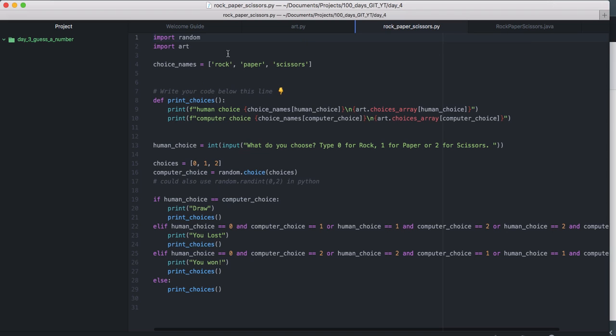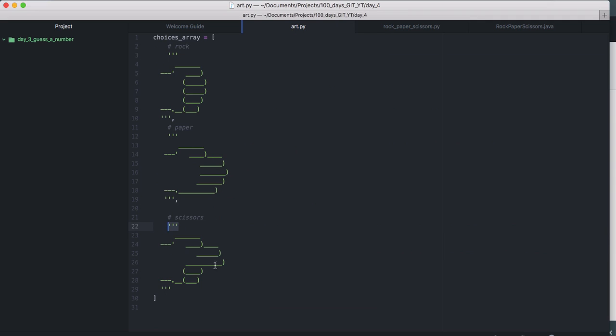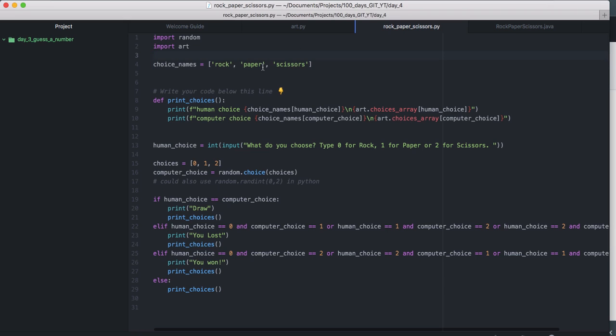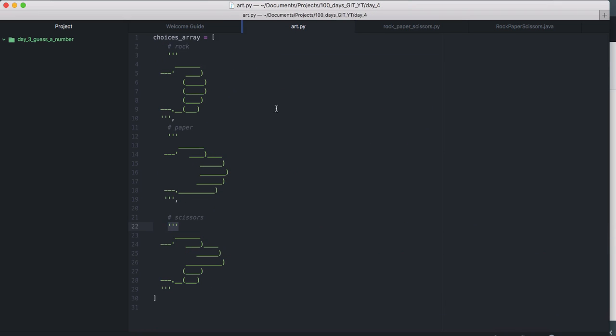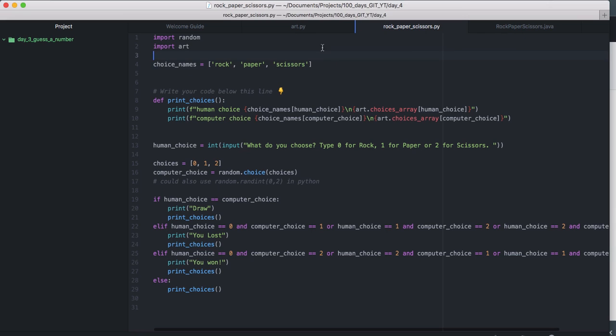Now here it's being imported as art. Just say import art. That means we're taking everything that's in here, and then creating a new array, because this is literally an array, and then we're creating another one here with the names. The reason we're doing that is because if you make a choice, we're gonna pass the name to it, and we know that the first name is rock, the second is paper, the last one is scissors. So we have those names written here, because here we don't have names, it's just strings without names, but we commented them out so that we can actually remember them. So that's what we're working with over here.